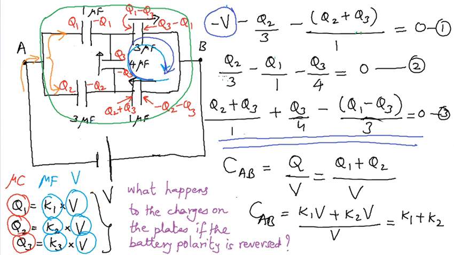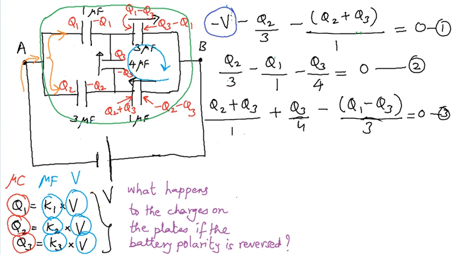And the basic reason why only equation number 1 changes but equation number 2 and equation number 3 are unchanged is that equation number 1 contains this term. It did contain a term V which became minus V, and the term V was absent both in equation number 2 and in equation number 3.